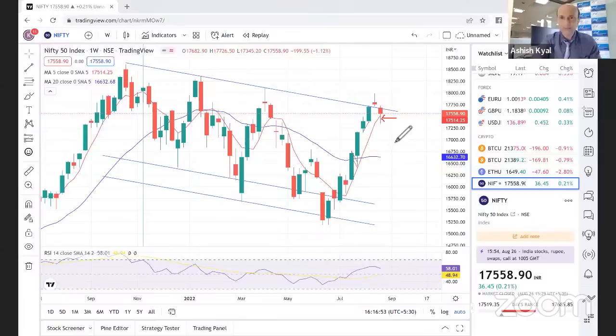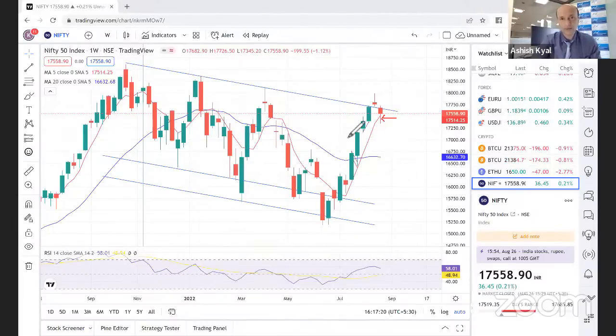So it means if the market breaks this week's low, which is 17,345, then yes, we can crash. Now many people have been saying that it's not possible, that it's super bullish, 18,000. I'm saying I'm not denying that. But if 17,340 breaks, then we can possibly see a serious capitulation on the overall index.